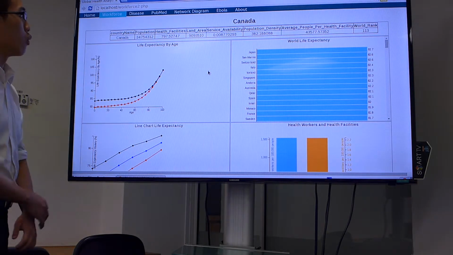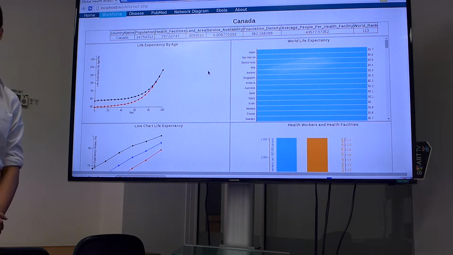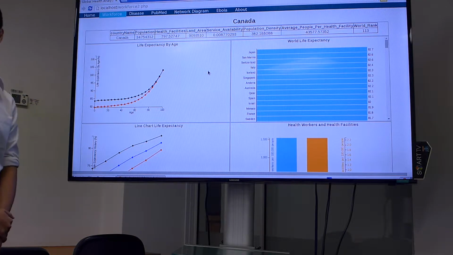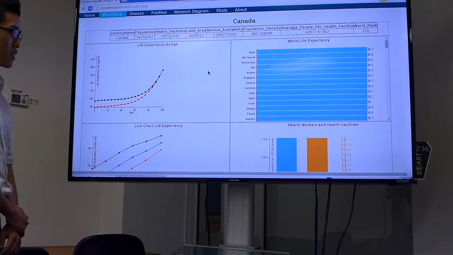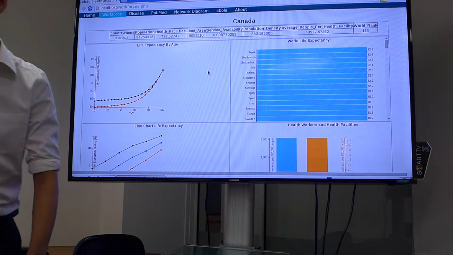So this is an example of our workforce data. This is the information that we collected from PubMed, some simple information about the countries. And this is our life expectancy by age. For this, you can see the different ages and the life expectancy of it in percent. So the older the person and the higher the life expectation, it means that the country is experiencing an aging population. You can also see from here, this is the top 50